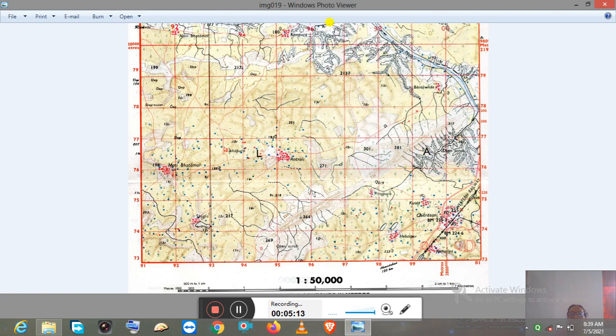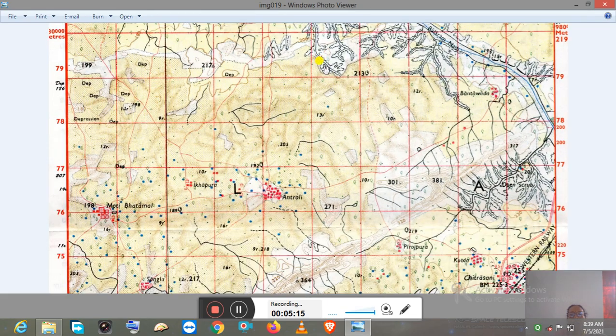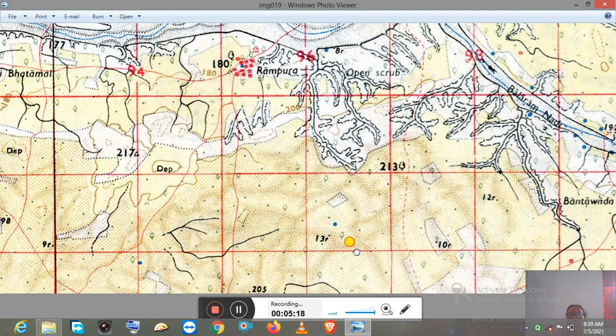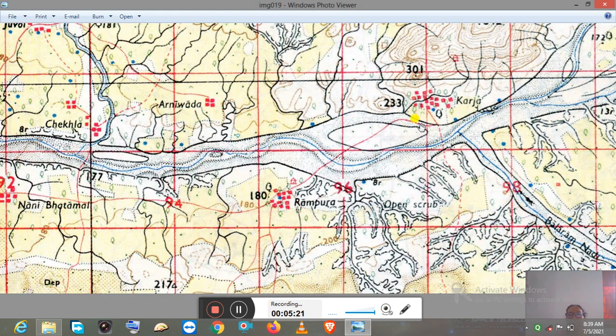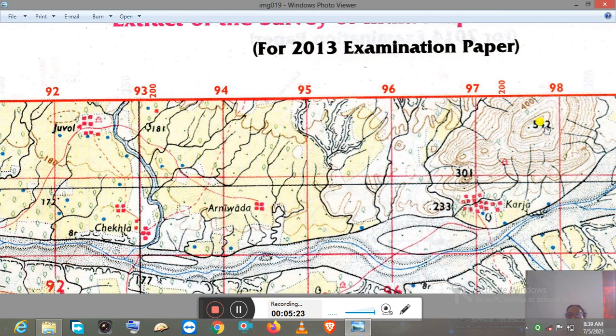Next, if you see the northern part of this map, this is a mountain and all rivers from this mountain are descending in all directions. So what is this drainage pattern showing? It is showing the radial drainage pattern. You have learnt about the